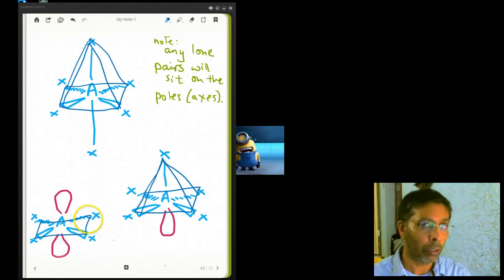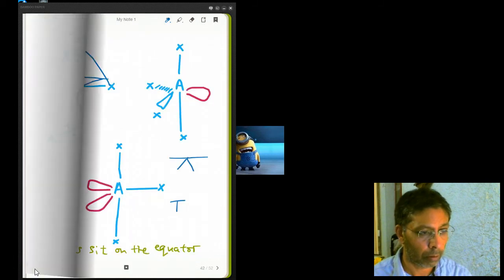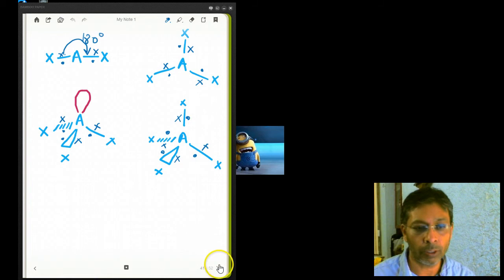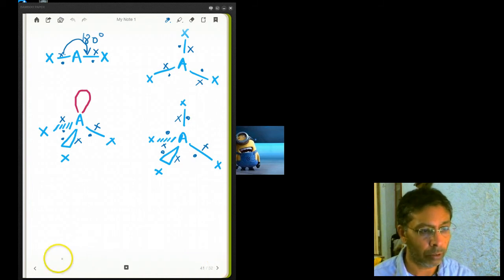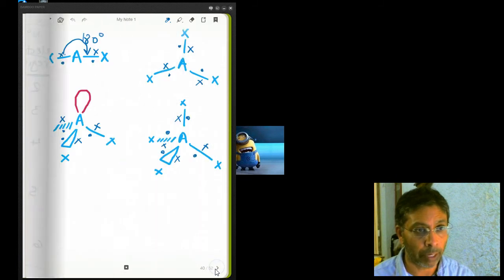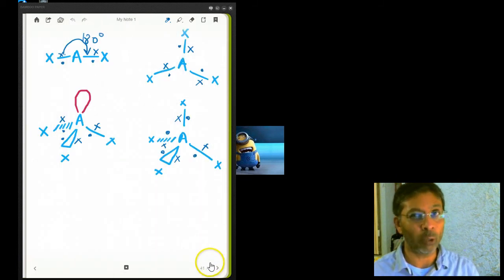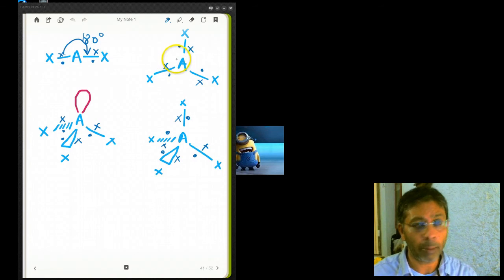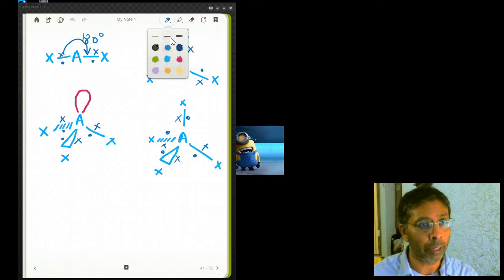Let's now go back and look at the bond angles. Don't worry, we will go through some examples and you'll get an idea how this works. Let's first look at the bond angles here, and video 2 will explain by giving examples how to work these out. We've got one bond angle here, a linear molecule, 180. Remember this one is flat, so the bond angle will be